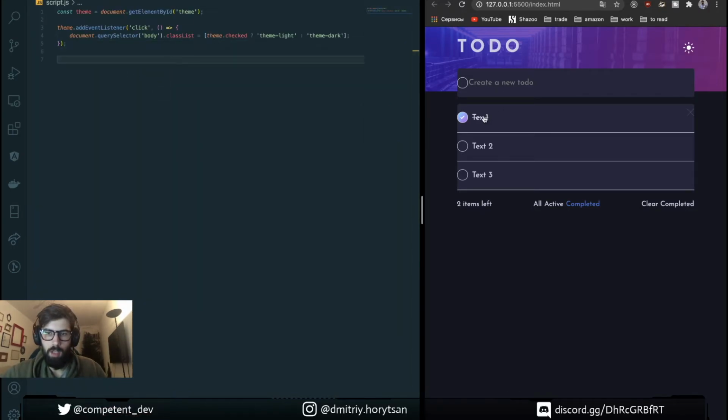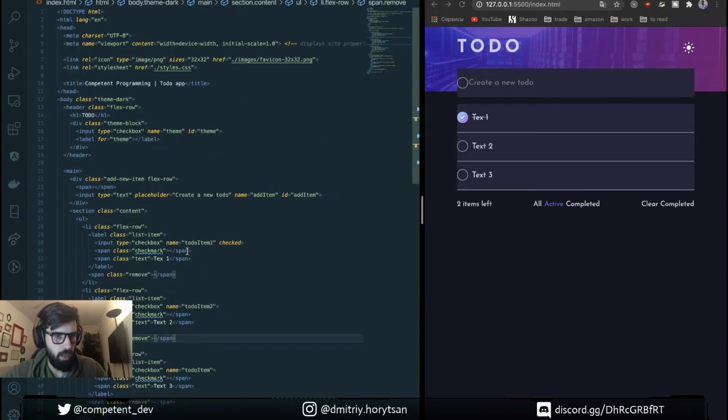What will be next? Next will be probably add new to-do item. Let's find add item.